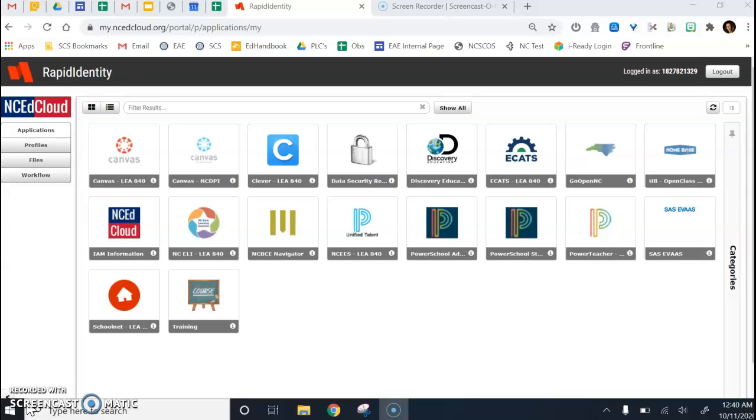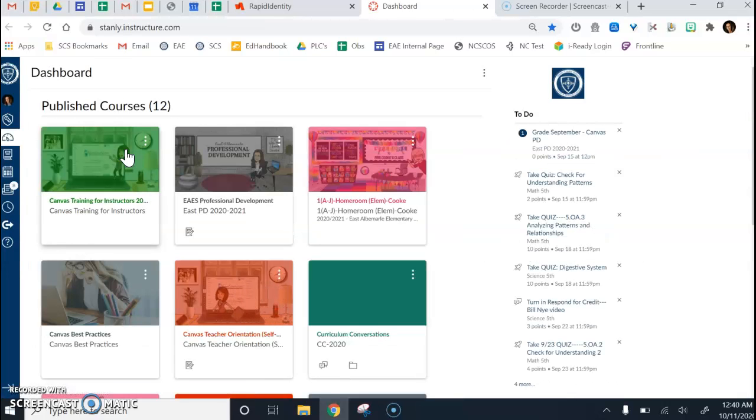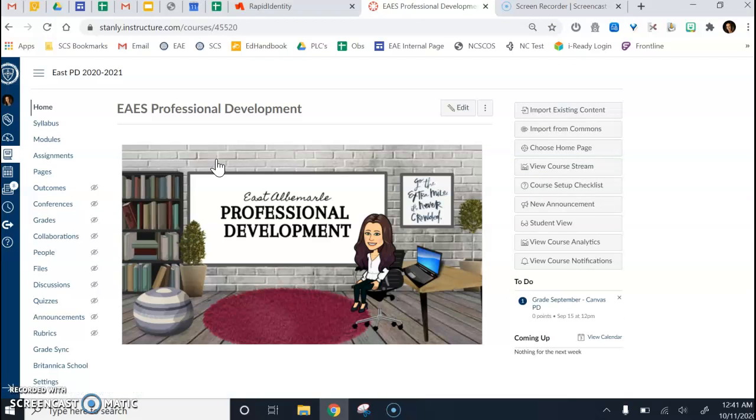But just in case they forget, they have technical difficulties, or their parents need assistance, we are also going to share these links. So we're starting in NC Ed Cloud. What you're looking at is my dashboard, and I'm going to my Canvas icon. Once I open Canvas, I'm going to my course. When I open my course, I'm going down to settings,